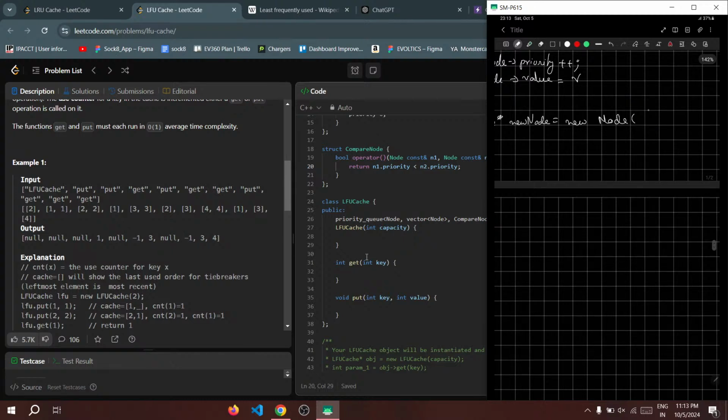We can do this as well, right? We can say key value and priority में मैं वन डाल रहा हूँ, नहीं ज़ीरो नहीं डालते, वन डालते हैं, ठीक है? एक बार एक्सेस हुआ है ना ये, वन डालते हैं फिर।